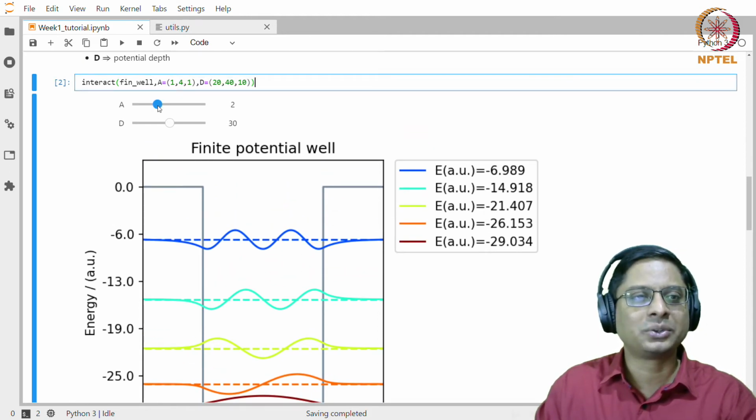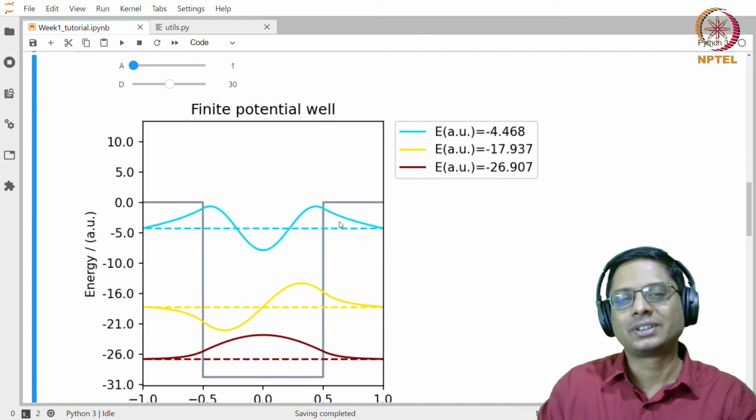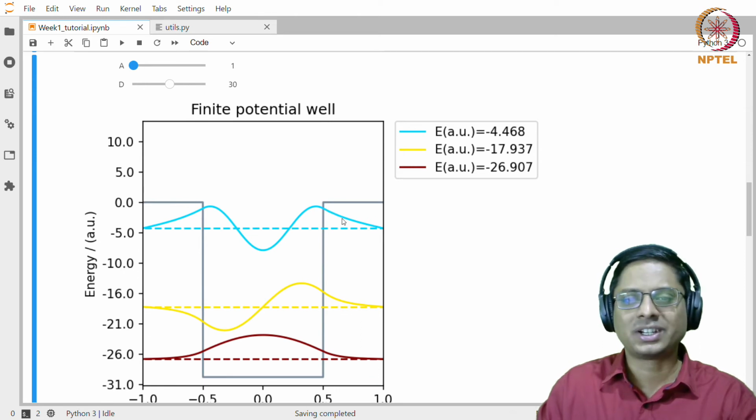Let's say I reduce my width. What would you expect if the width reduces? I would say there will be more penetration. You see the cyan, bluish color is penetrating more into the barrier.